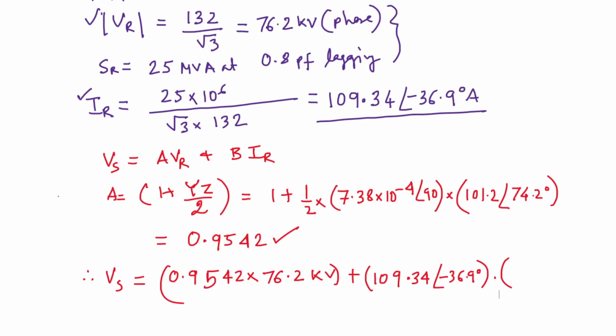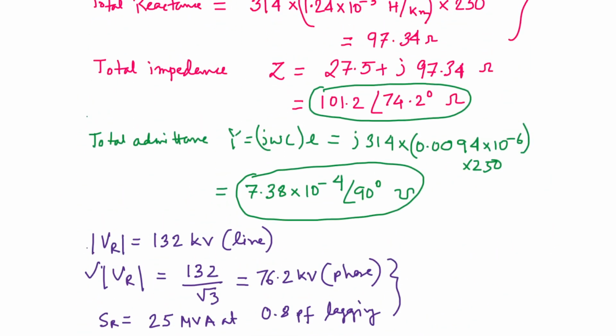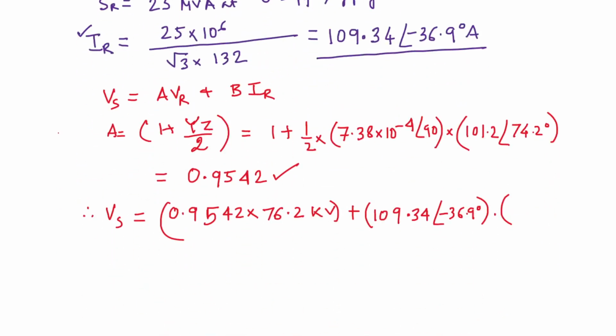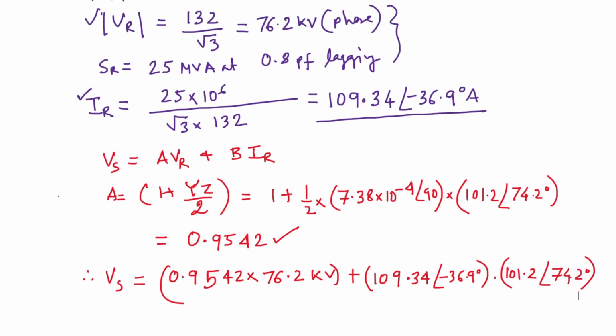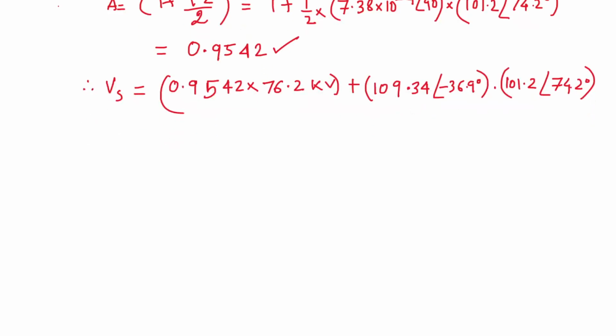B is equal to Z. So Z is equal to 101.2 angle 74.2 degree. This minus 36.9 is coming due to the power factor of 0.8. Now if you solve this, you will get